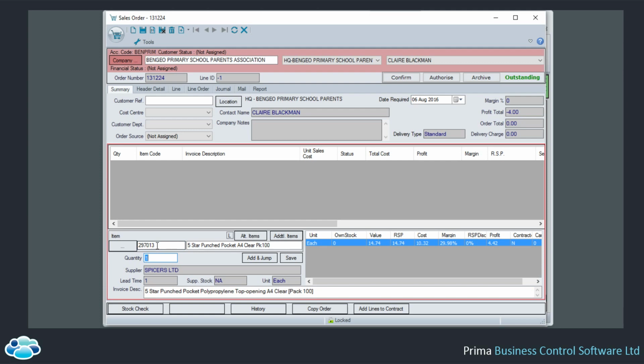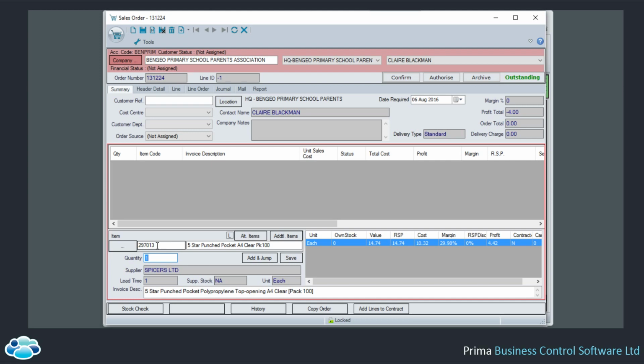And wherever alternatives are available, you can switch it at the point of sale in terms of the quotation or the sales order,